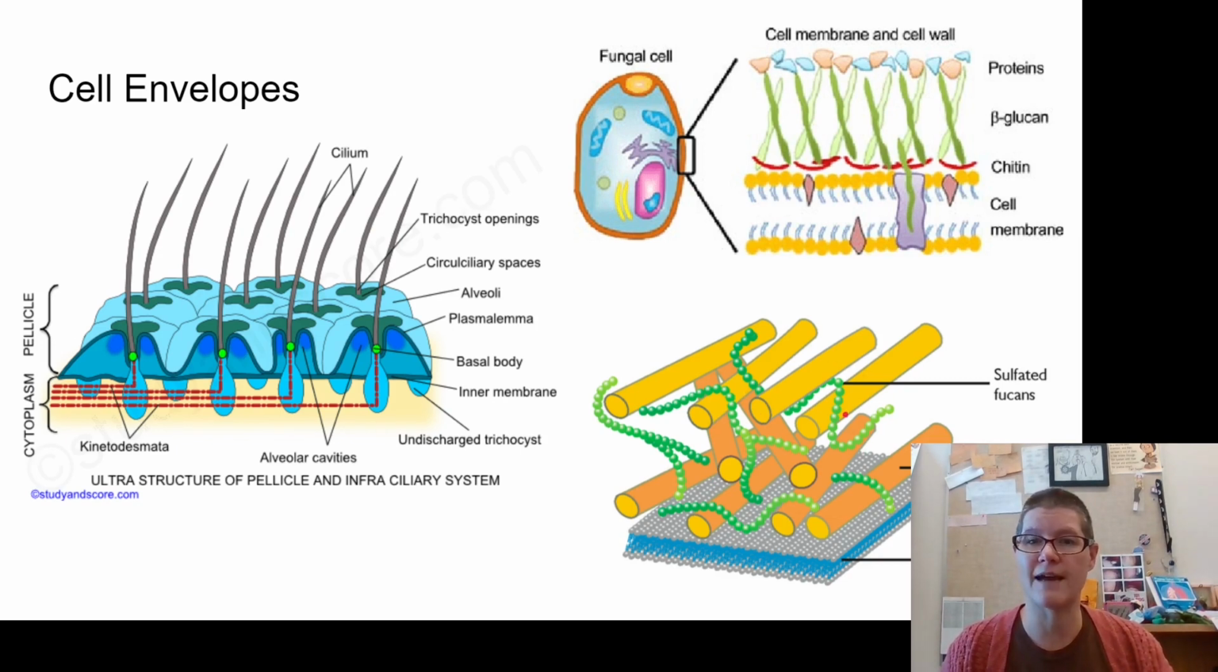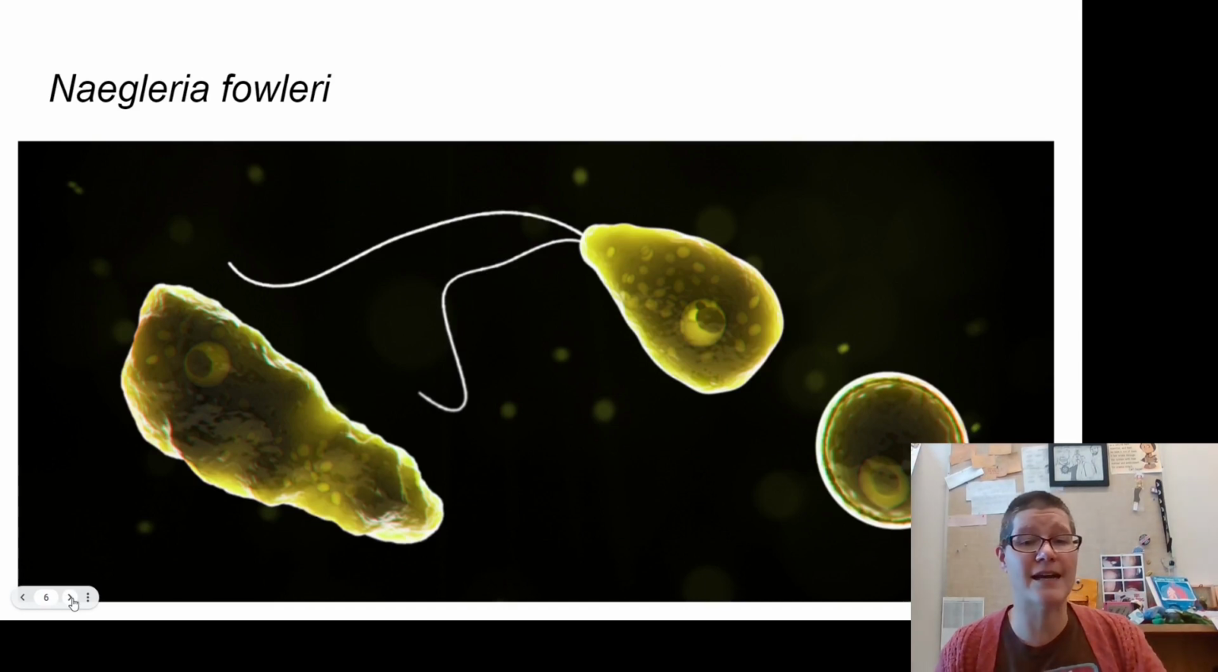So we have cellulose in algae, chitin in fungi, and pellicles instead of a cell wall when we're talking about protists. All right, so let's nail down a couple of protists that are of interest. So the protists, the animal ones, come in a few varieties, and then some of them can switch gears a little bit. Naegleria fowleri is one of the probably most well-known amoebozoid types of protists